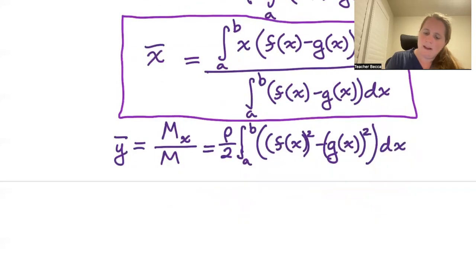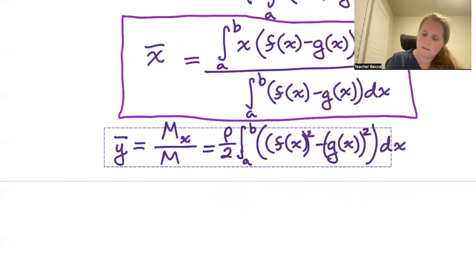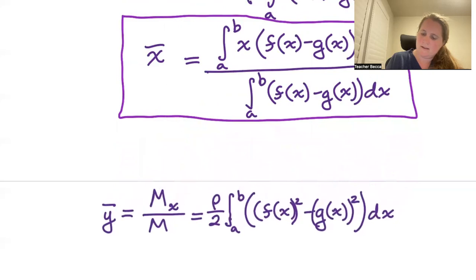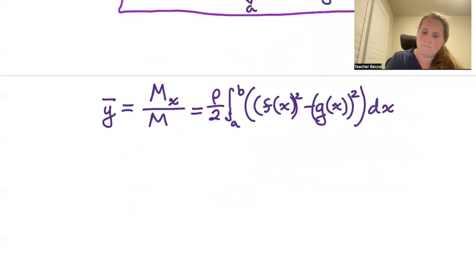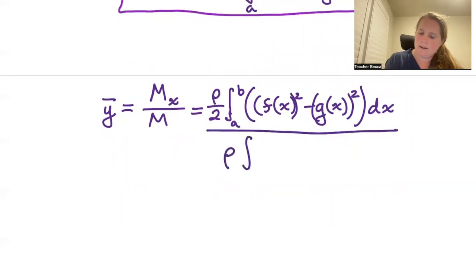And then all of that is over rho times the area, rho times the definite integral from a to b of f of x minus g of x